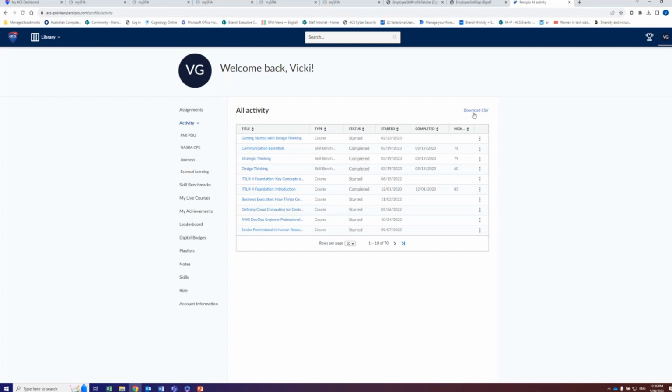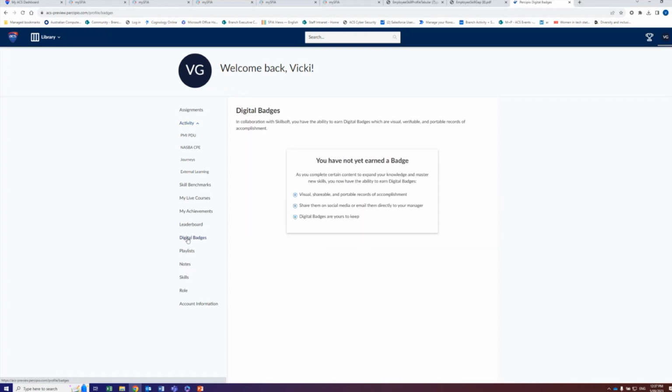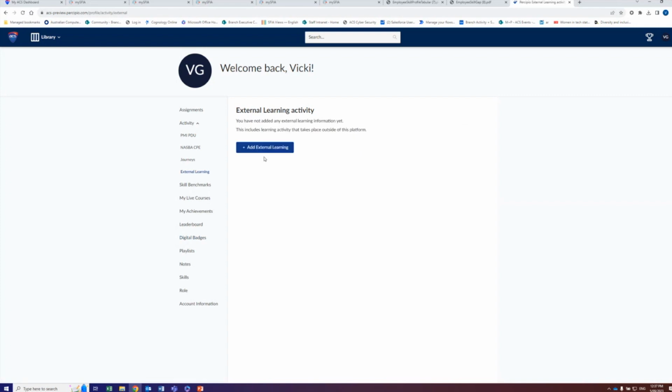And the really nice thing about this is that you can download it as a CSV file, so that if you're talking about using this platform as part of your learning and development program with your manager, you can show that you've actually undertaken the learning to tick off that piece. So that's really the key things. There are also some badges that are available, but I think most of the things we've also gone through here. Oh, the other thing that you can do is also include your additional learning on this platform as well.